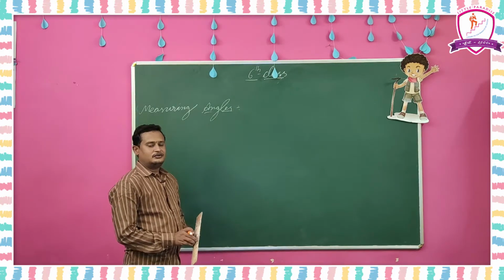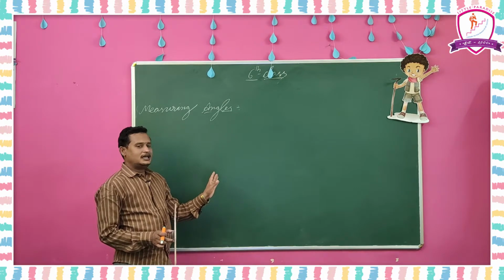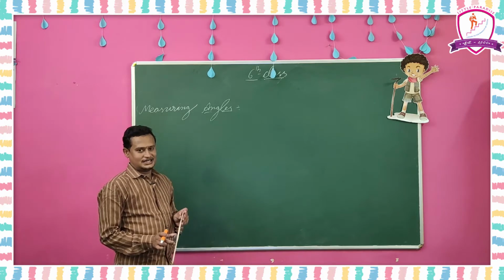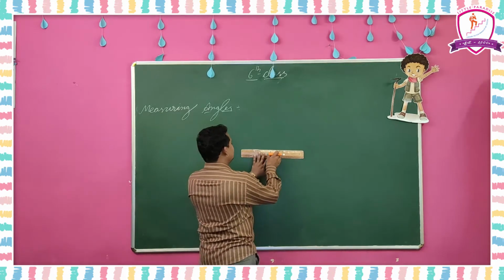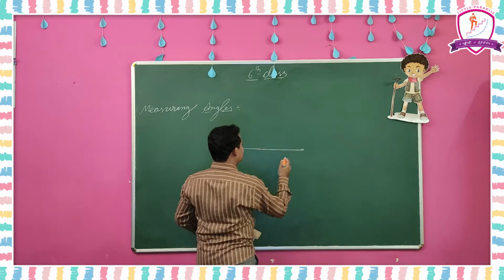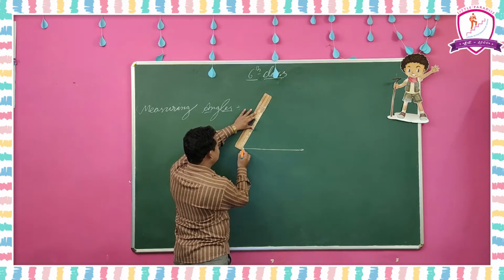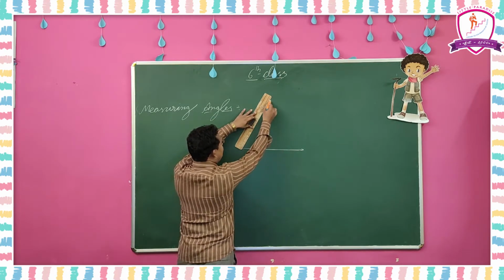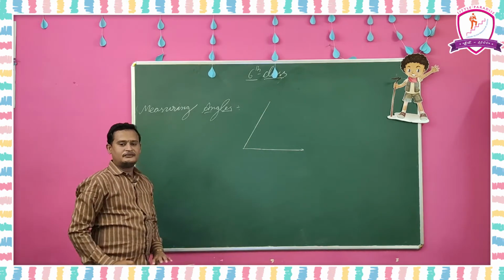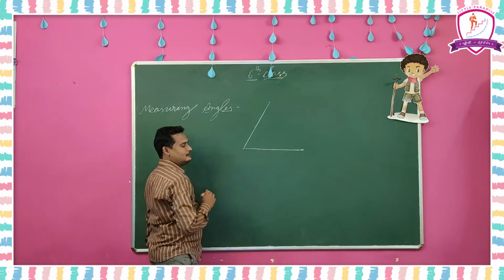First, an angle forms at a vertex. So what is a vertex? The initial point of two rays is called the vertex. First we have to draw two rays with a common point. With a scale, with any measure, you can draw a ray like this and put an arrow here, and from this end point we have to draw another ray. This is the initial point of two rays, so here the angle will form.